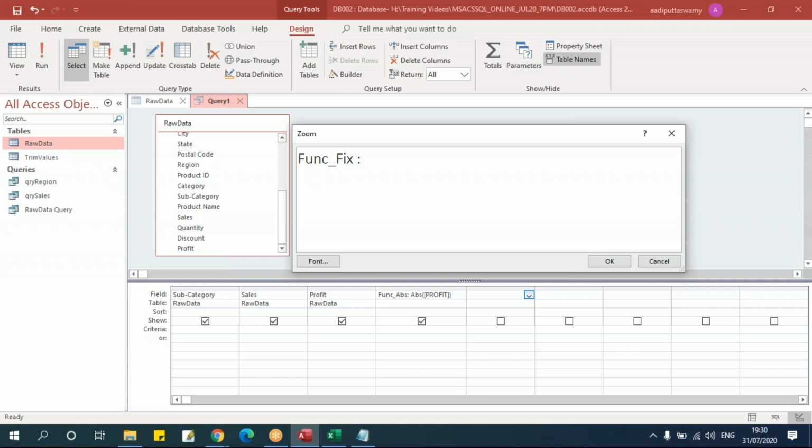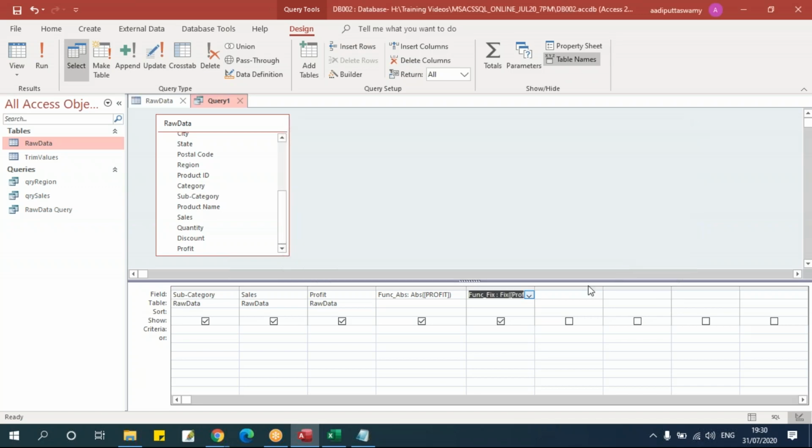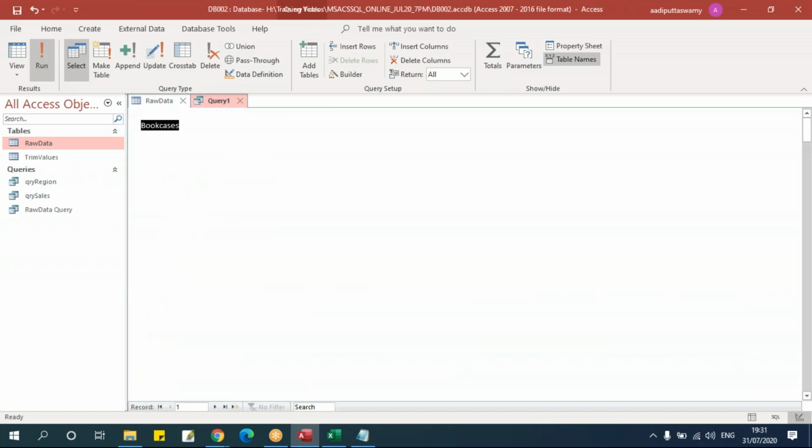You have to give a colon, don't give equals, colon. Then I'll say Fix of profit. See, now I'll say okay. See, the same function will come and sit here. So why we use that zoom is this place is very small, so it will be difficult to write the function here. Now let me run this.